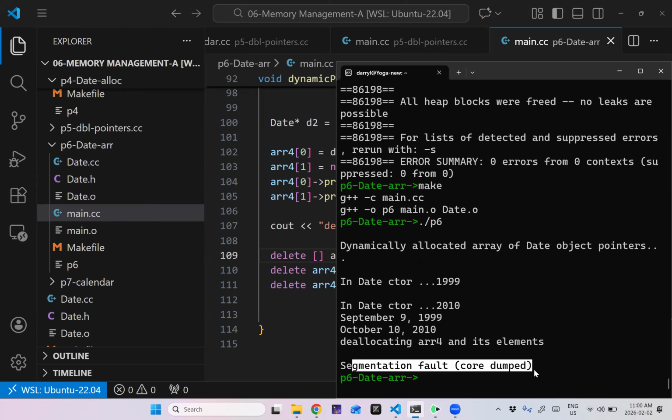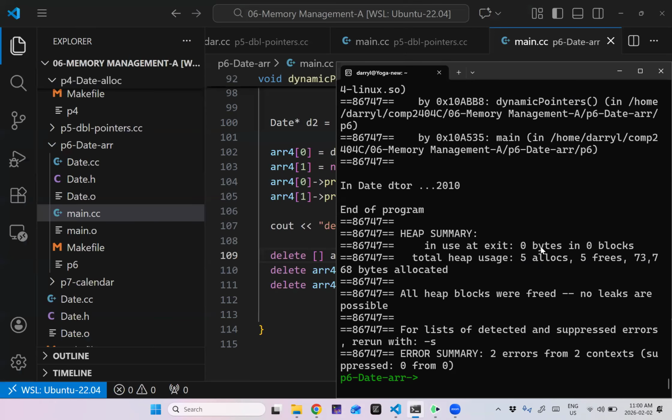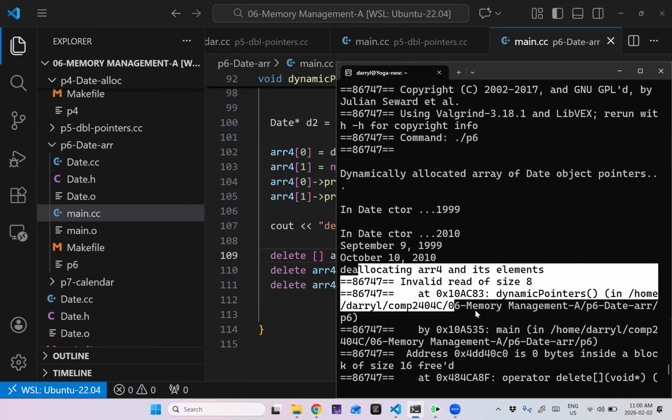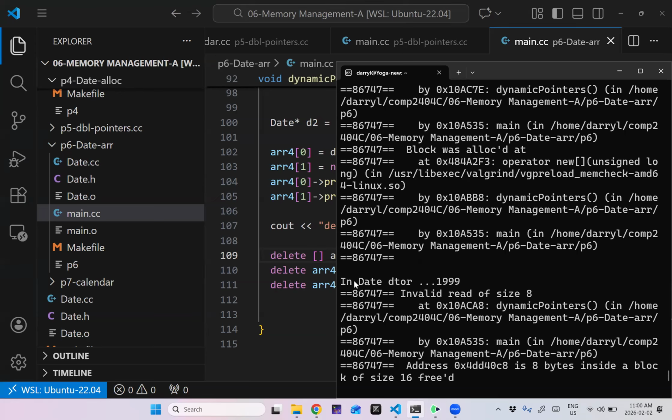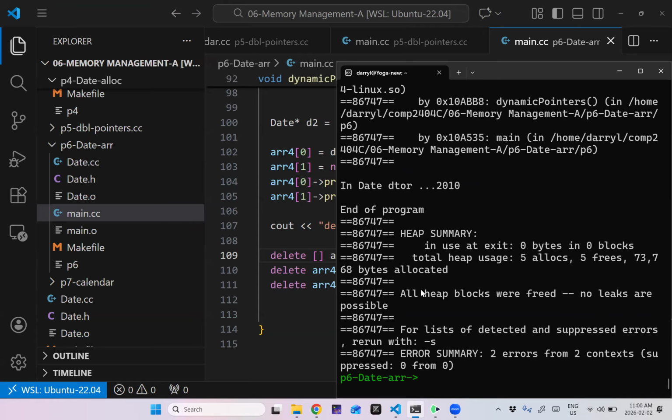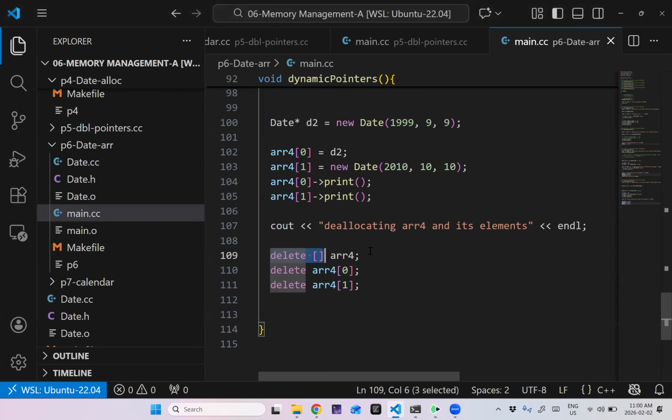So yeah, I get a seg fault. If I run it with valgrind, I wonder what happens. Yeah, valgrind actually manages it for us, even though it complains an awful lot. Instead of getting a seg fault, it went in and deleted those things. Interesting. But yeah, this is wrong, of course. You shouldn't do this. It's technically undefined behavior, so getting a seg fault is lucky. If you don't get a seg fault, you might get some weird behavior.